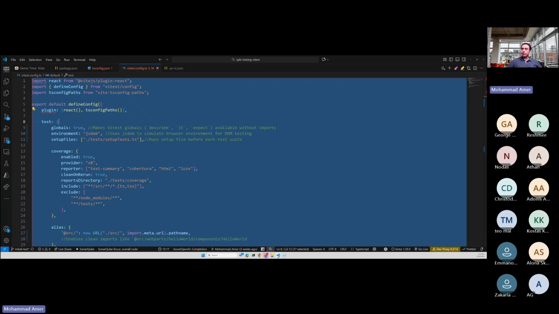And the environment JS-DOM to use JS-DOM to simulate the browser environment for DOM testing. Also an important thing here is the setup files, in order to run the setup file before each test suite,